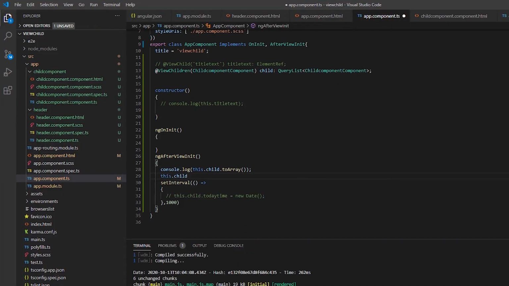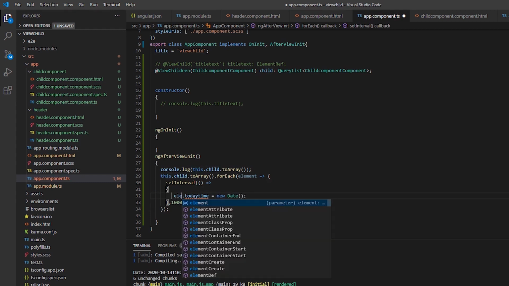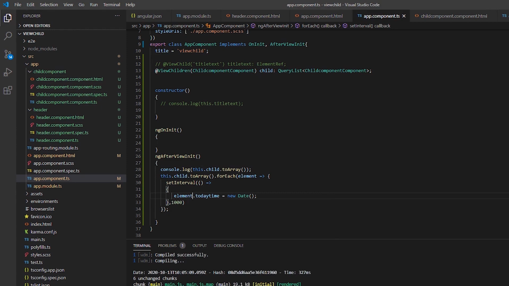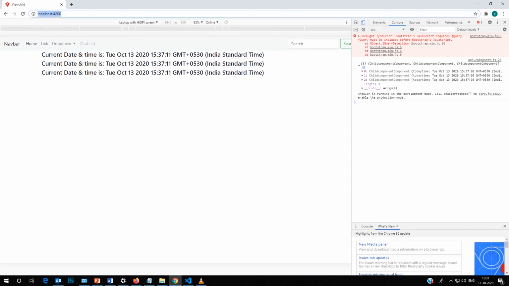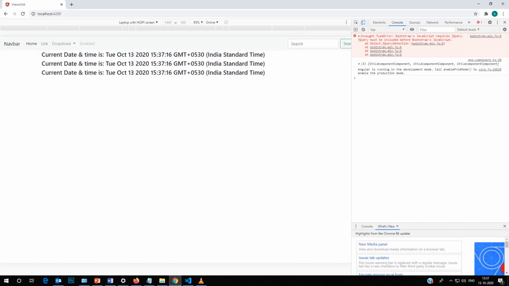Now we will use a forEach loop to update the time on all the called child components. Now see the result. The time is getting updated on each child component that we called in the parent.